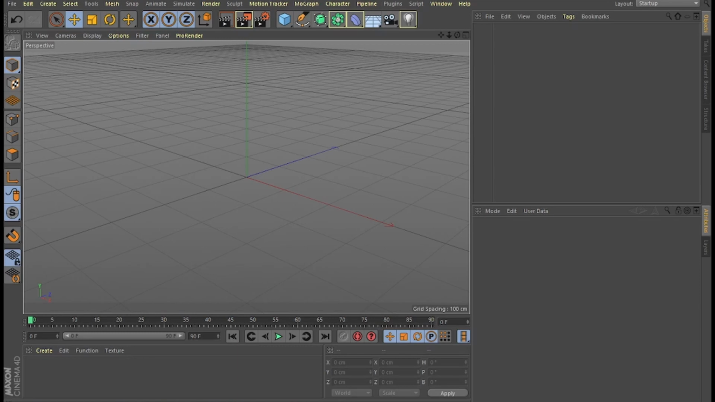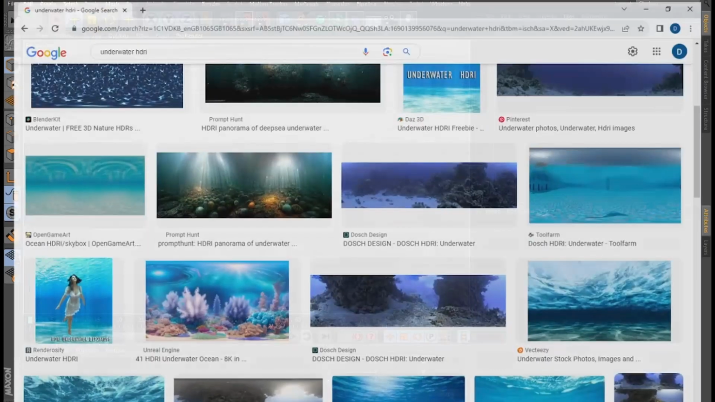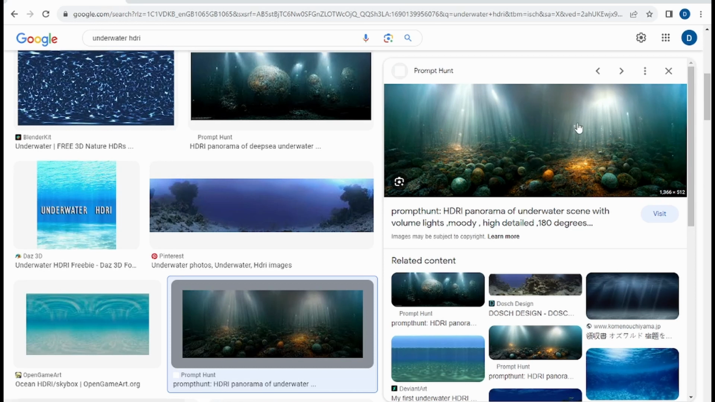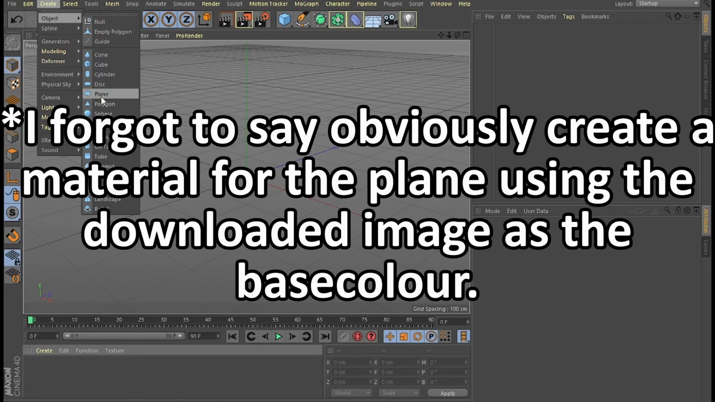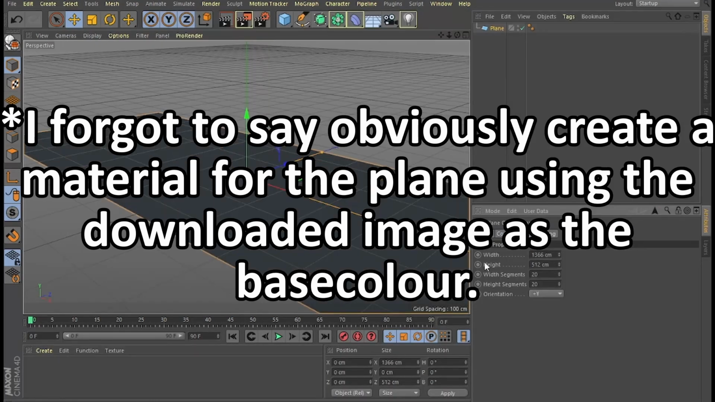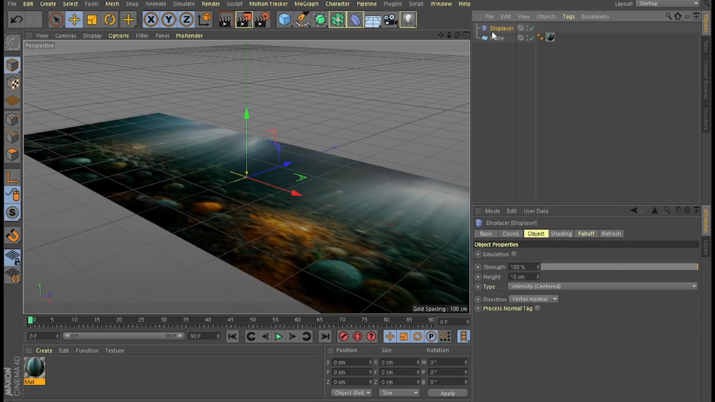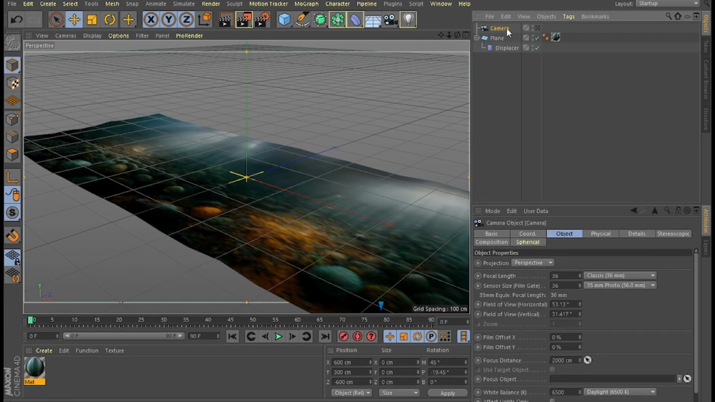I'm not going to spend a lot of time on this as that's not the main focus of what we're doing today, and if you have a specific project in mind you may have a scene set up already. If however you want to recreate what I've done exactly, then all you need to do is go online and look for an underwater HDRI. There wasn't a lot of choice, but I downloaded this lake bed looking image, created a plane of the same dimensions, applied a displacer to the plane, added a water shader to the displacer, and then set my camera above